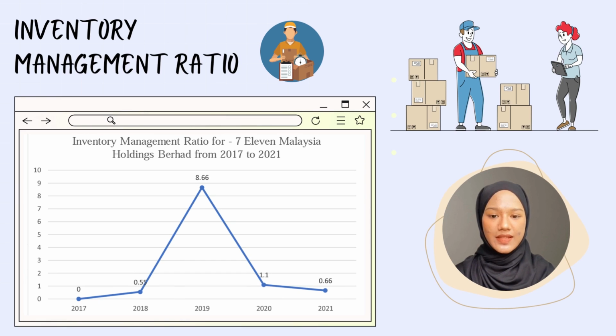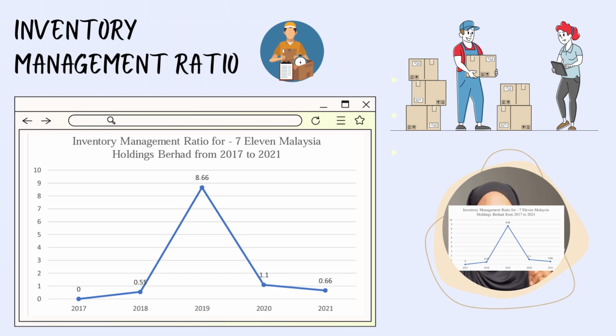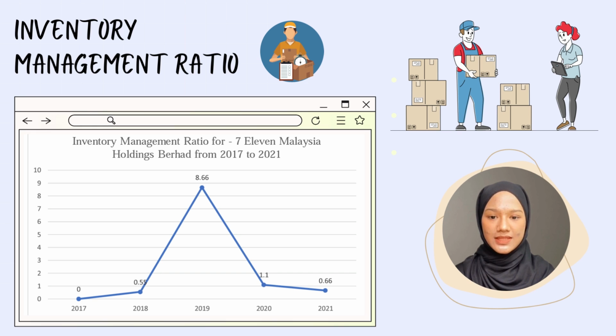Next, I will discuss the inventory management ratio for 7-Eleven Malaysia Holdings Berhad from 2017 to 2021. According to the illustration, the inventory management ratio started at 0 to 0.55 from 2017 to 2018, and then the ratio dramatically increased from 0.55 in 2018 to 8.66 in 2019 with an